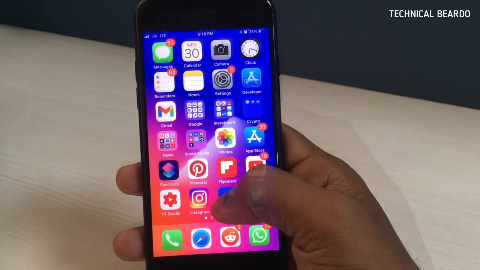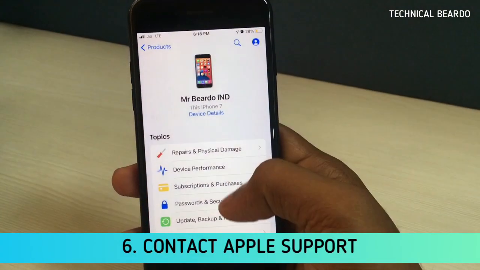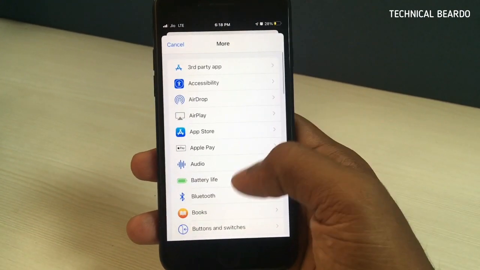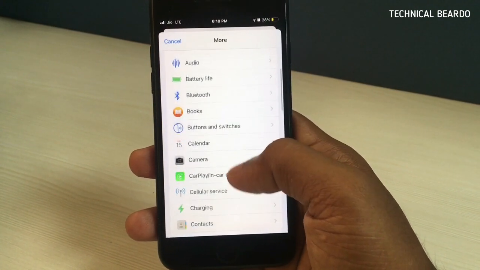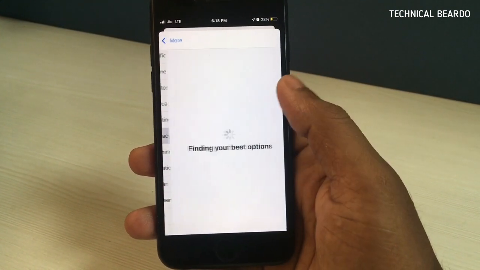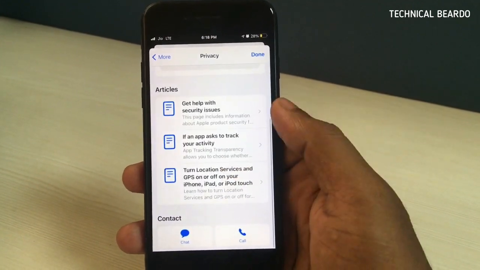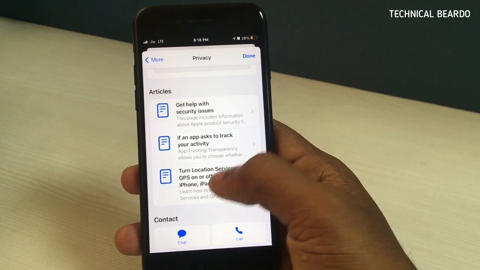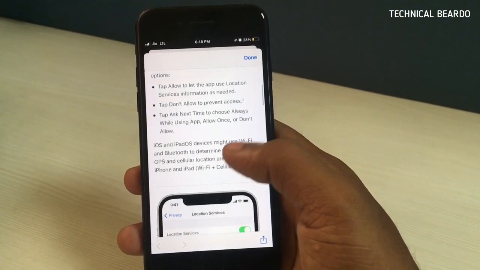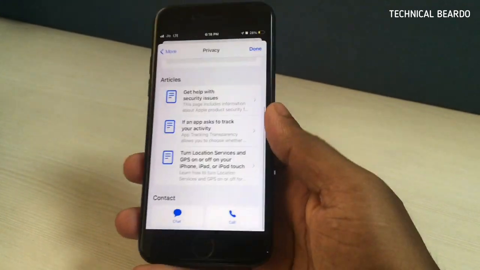So guys, now if you still have the issue on your device, then there are only two options remaining for you. The first one is Apple support. For that, you can download the application from the App Store, that is Apple Support. Open the application, click on any issue. There are many categories. Choose your category, like privacy. The best thing is that you can chat with a real person in real time and tell them the issue faced by you on your device, right? So here it will get answered in real time quickly, and if they are aware of the issue, they will give a solution instantly, or they can raise the issue with their team, right?